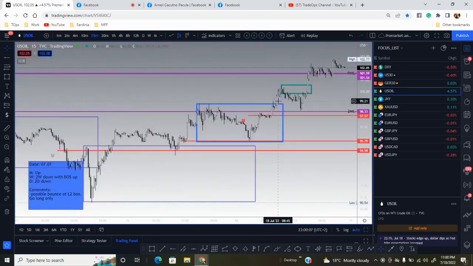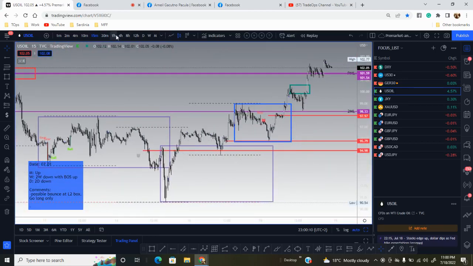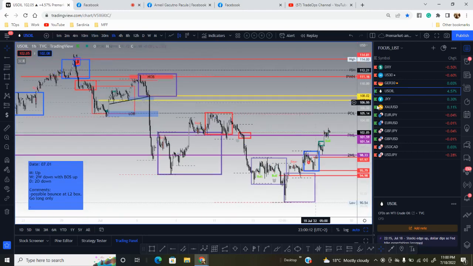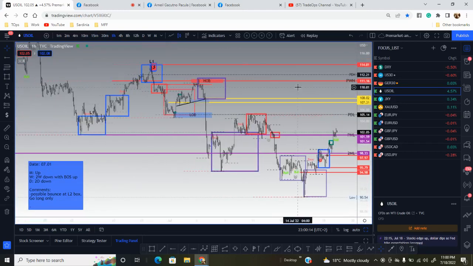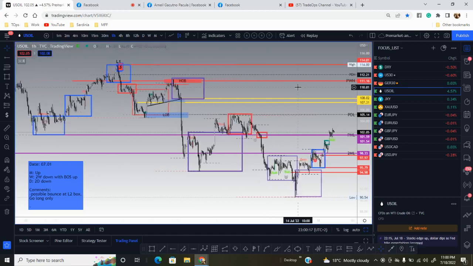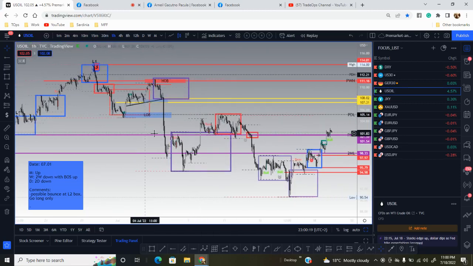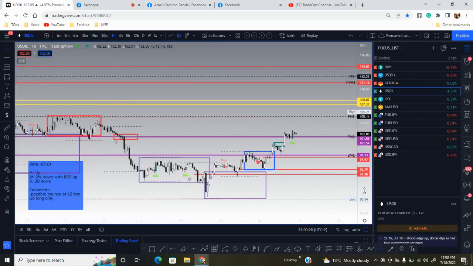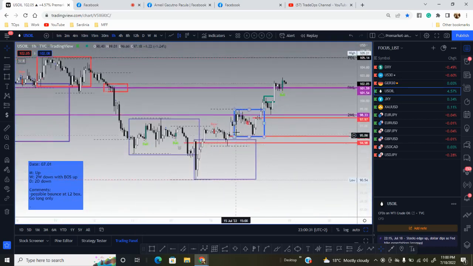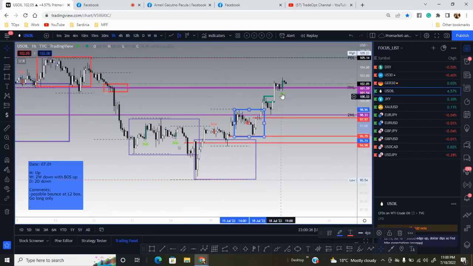So tanggalin muna natin yung mga indicators, and then I will show to you what I mean by these levels. So ito yung previous month low, PML, and this is the first push to the downside, second push, and the third push. So sa third push, ito yung lowest box, and ito yung second to the lowest box. So this is level 1, level 2. We broke out today from that level 2.